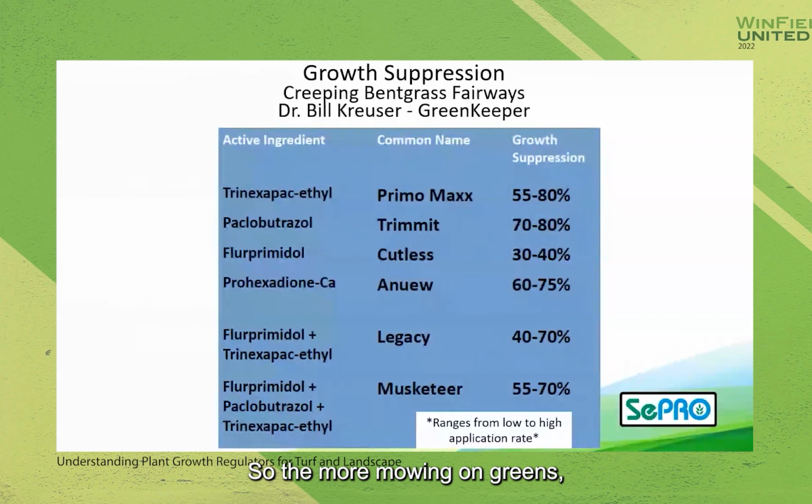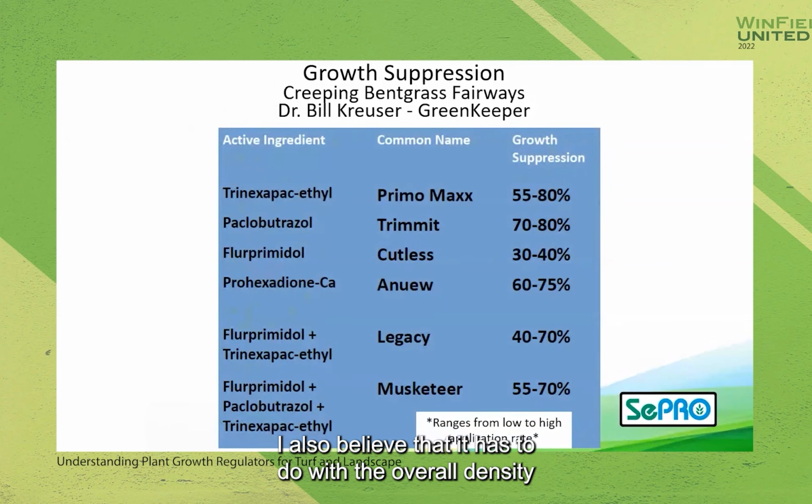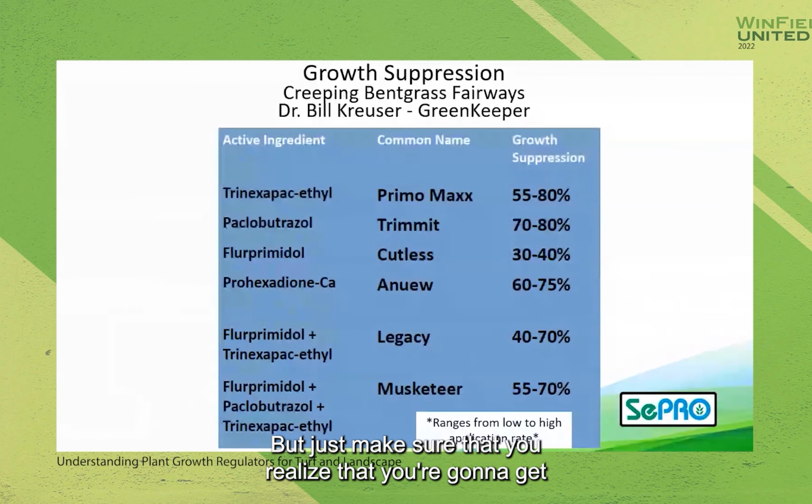So the more mowing on greens, the more removal of that PGR you have. I also believe that it has to do with the overall density of the turf, where you've got much more dense, more plants per unit area on greens than on fairways. But just make sure that you realize that you're going to get a lot more growth suppression on your fairways than you are on your greens